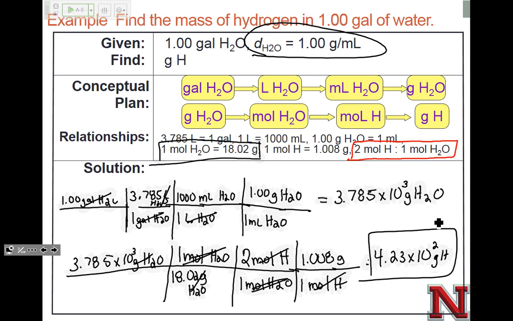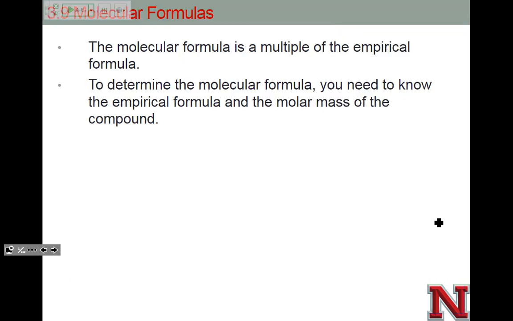So if you want to try that at home, try it at home. There's not always one clear way to work a problem. But this relationship is going to be really useful for what we're going to be talking about next, so I wanted you to understand both relationships. But yes, you could figure out the mass percent of hydrogen and use that as a conversion like we did in Friday's class. I was trying to think when we had that class. So that is another route that would work. Using this as a conversion factor is going to be important in the next couple of slides. But before we get there, we talked about finding the empirical formula, but we didn't talk about the actual